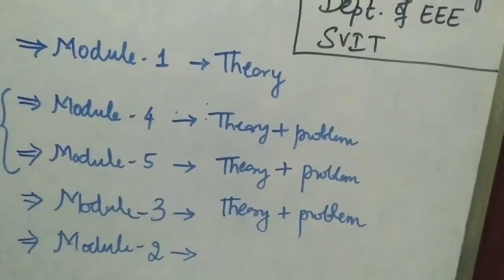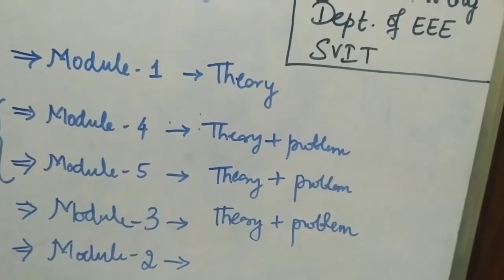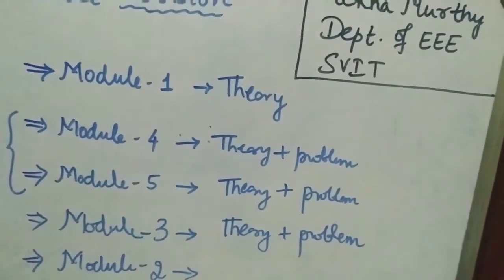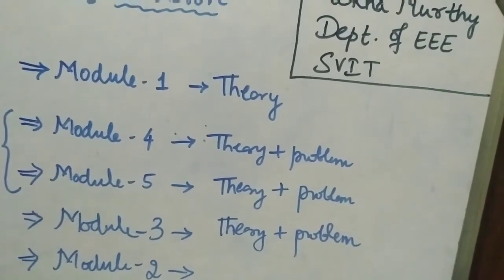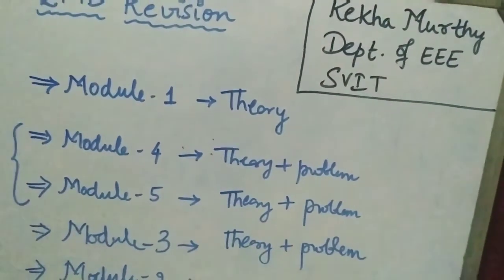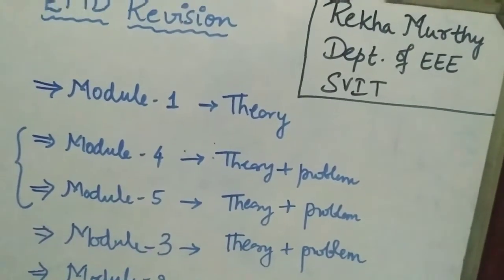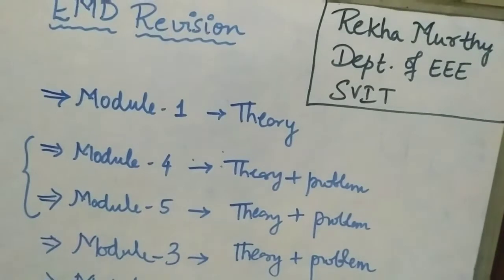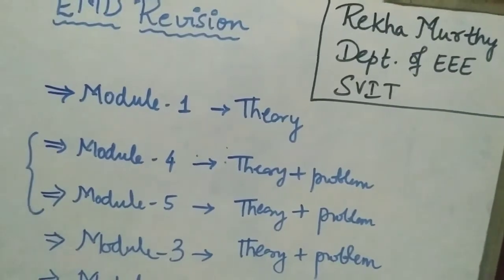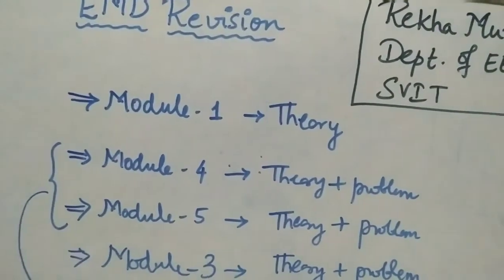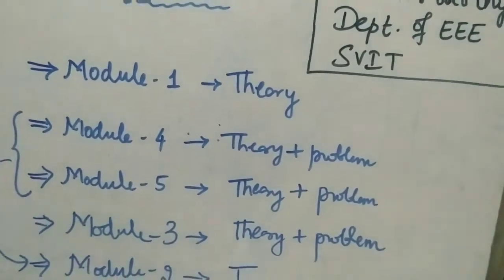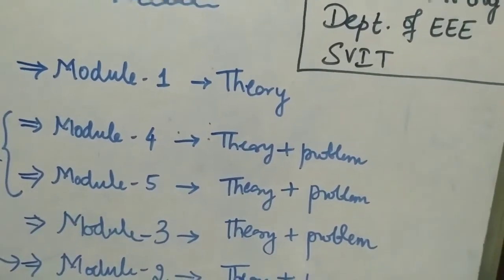Module 2 is related to the design of DC machines. So again, it's a rotating machine, right? Okay. But here, if you're not able to concentrate on all the 5 modules and you want to score more marks, you can go with module 2. It will be easy, because once you have come across the rotating machine modules, that is 4 and 5, the parameters will be almost similar. If you follow those, you can follow module 2. Here also you'll have the theory plus the problem.